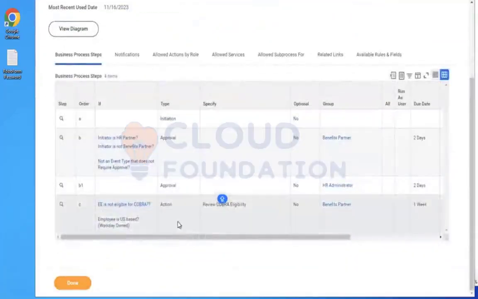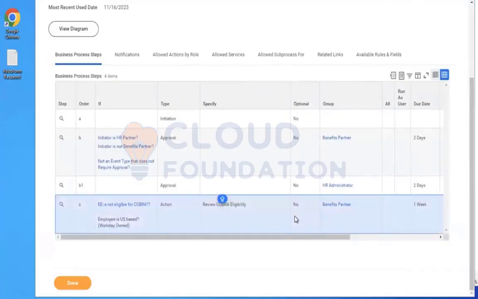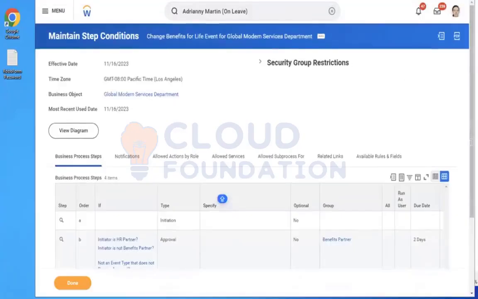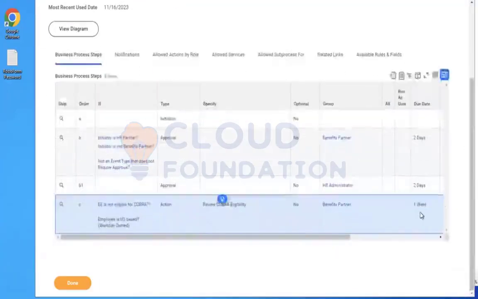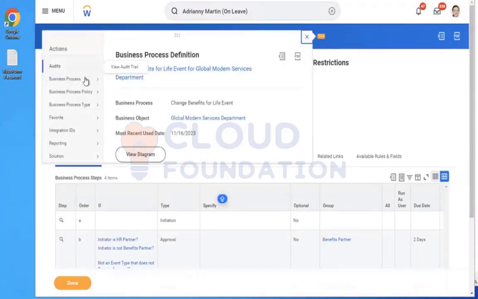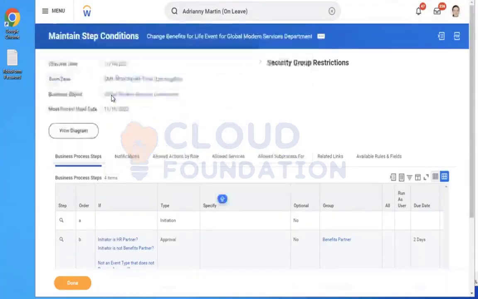Now we'll give a try, sir. I'm trying to skip this step; it should not be triggered. Ah, they gave a 1 week due date here also. That is the reason. You got the point, though we approved, why it is not approved? Because of the due date. That's true. Let's remove this due date, because we should not give the due date. Edit definition.